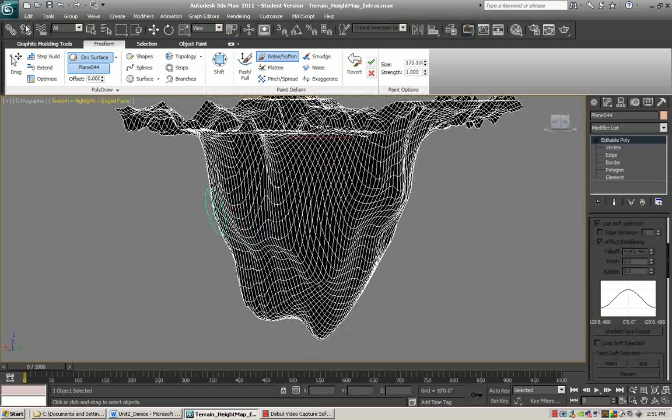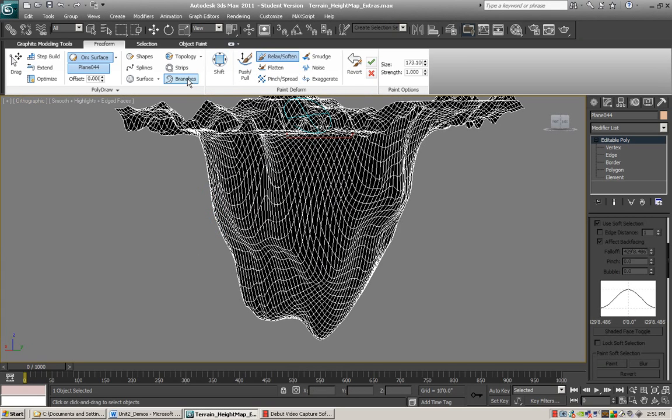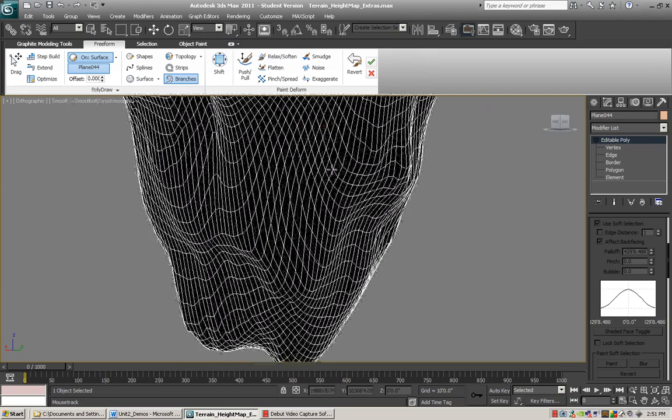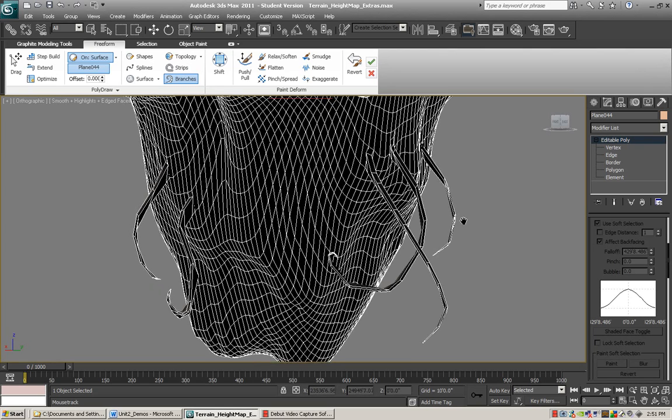Another thing I wanted to show you, and before I go on, I'm going to save, is branches. Now some of you who are doing these lower portions of the world also have trees on top of the world. So this tool right here called Branches is a really cool little tool that will help you to get some pretty crazy root systems coming out of your world. If you want to try to do something kooky and fun like that,